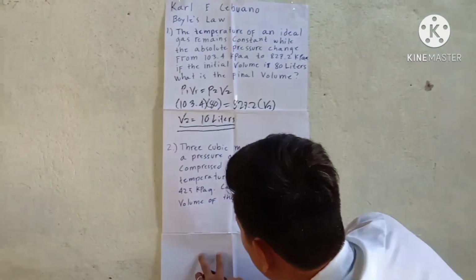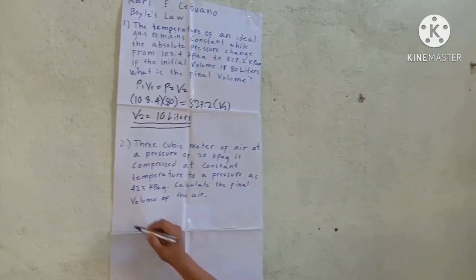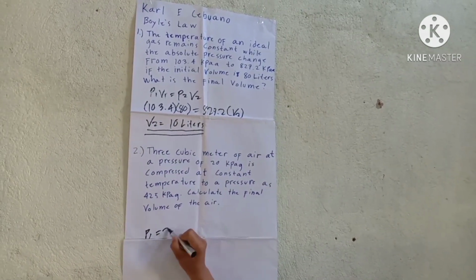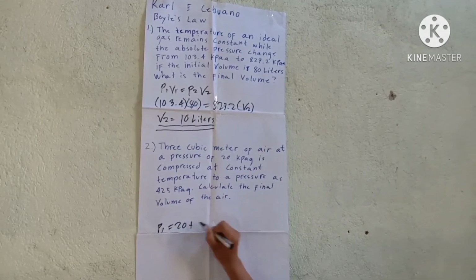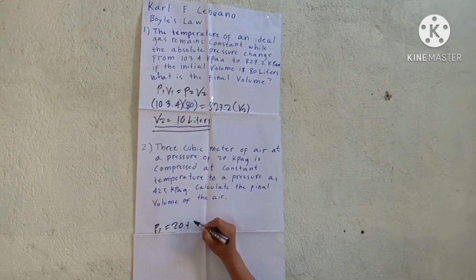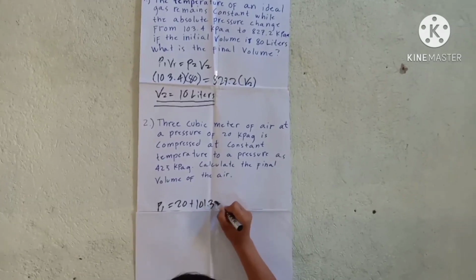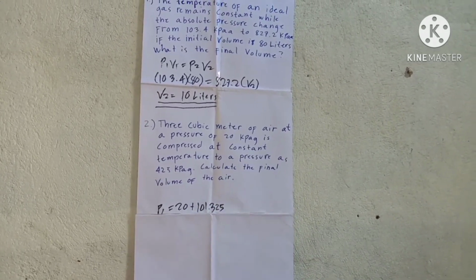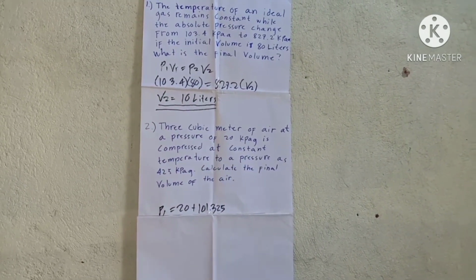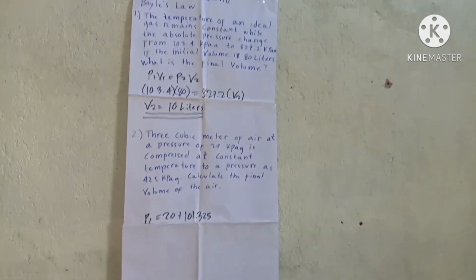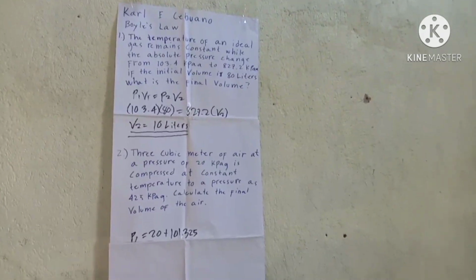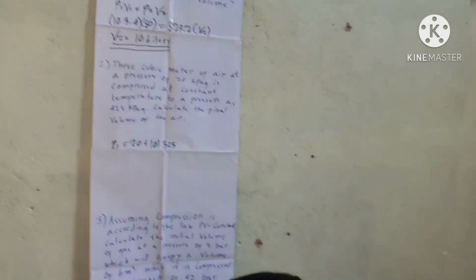So pressure 1 equals 20 kPa plus 101.325 kPa equals